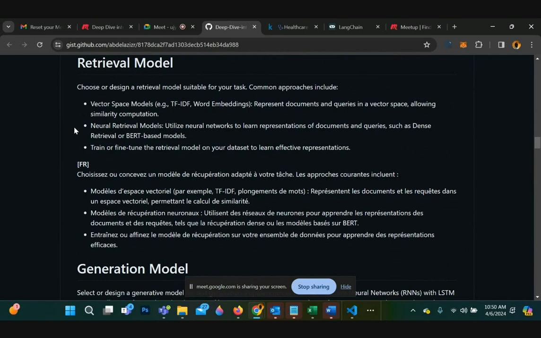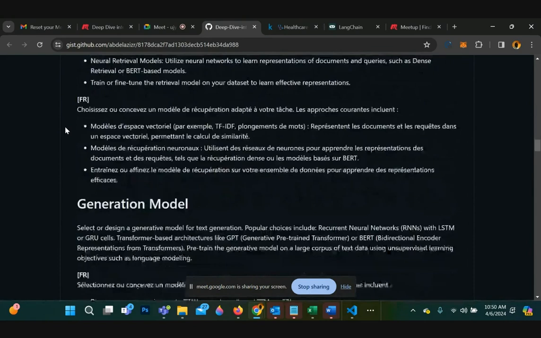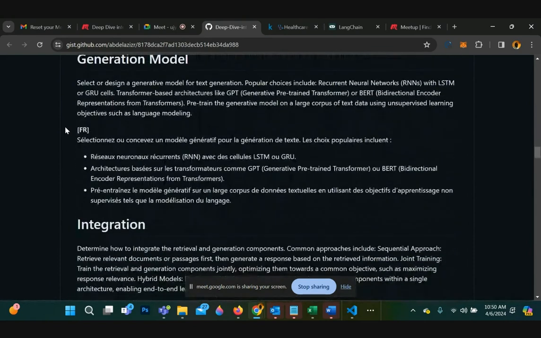Once the data is retrieved, that retrieved data needs to be sent to the LLM, right, the generation model.